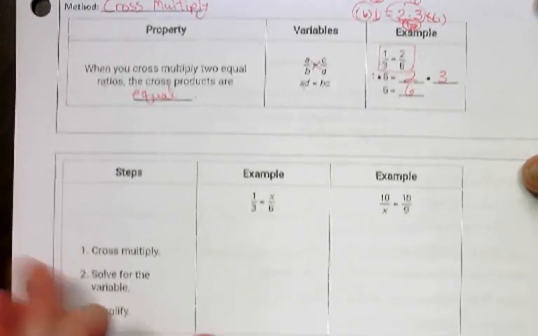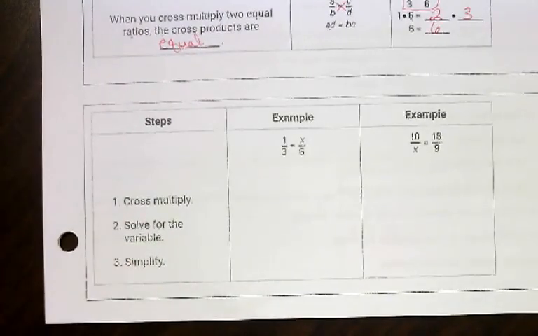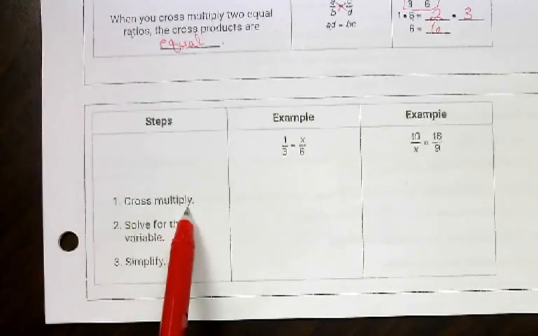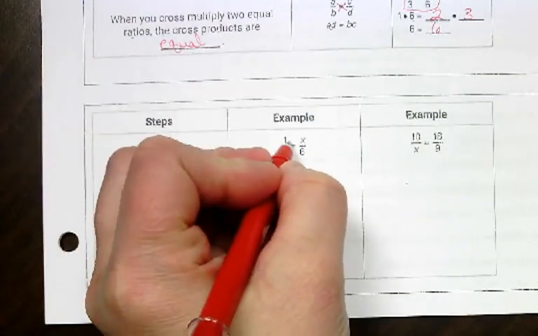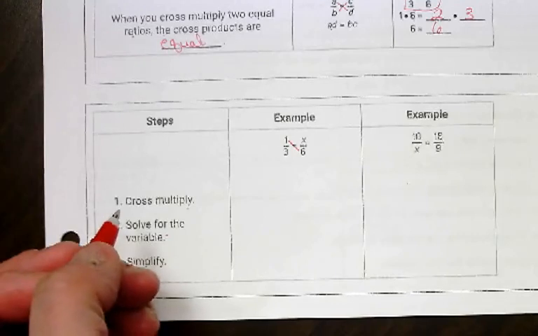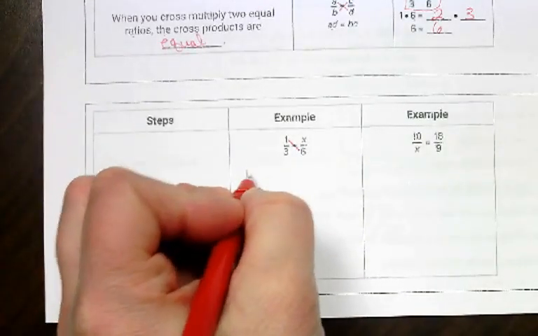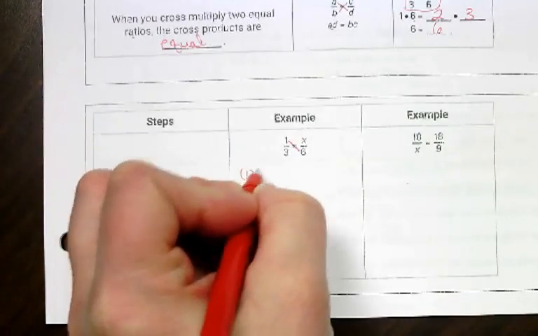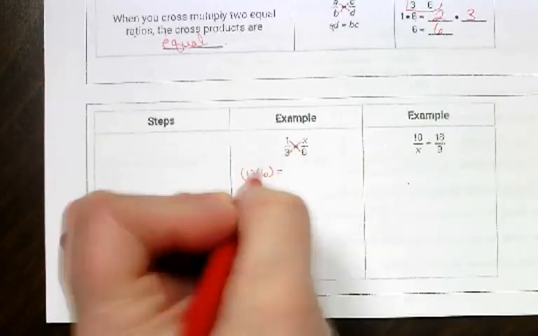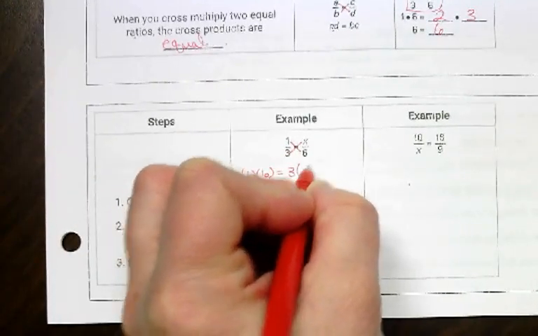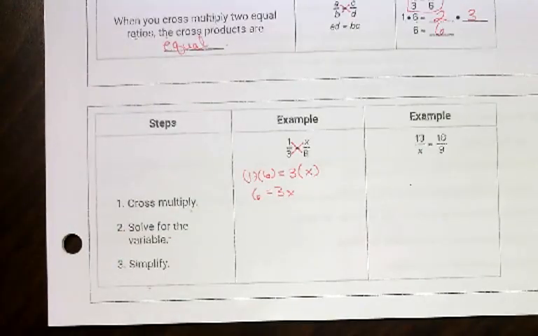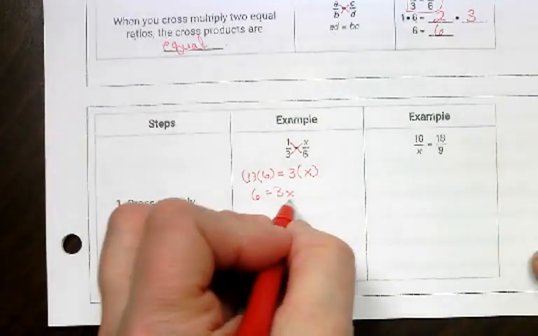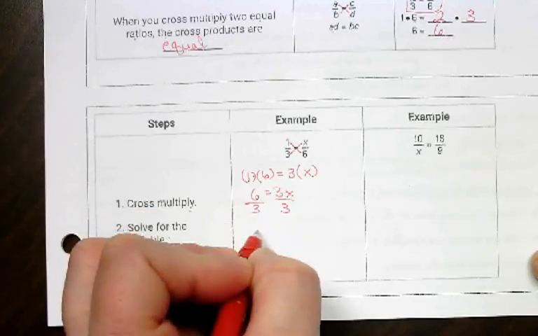Okay, so let's take a look at how this works when we're solving for x's. We're going to cross multiply, and then we're going to solve for the variable and simplify. The first thing is I'm going to cross multiply. So I'm going to take that, 1 times 6 equals, and I'm going to cross multiply, 3 times x. And I get 6 equals 3x. Now I'm going to go ahead and simplify by dividing both sides by 3, and I get